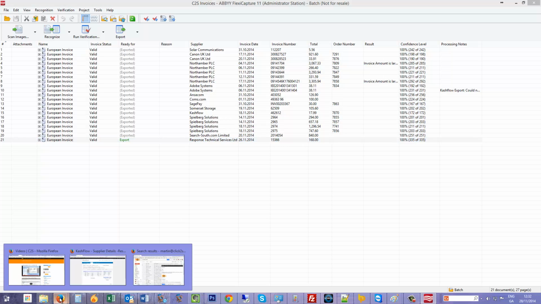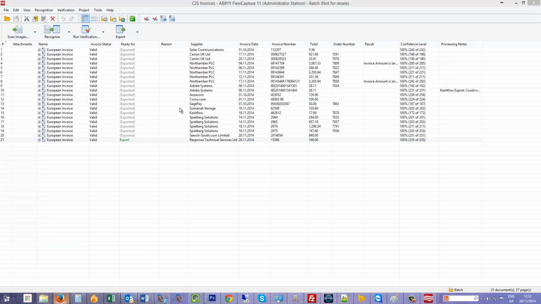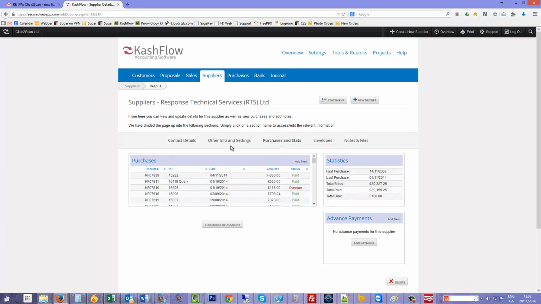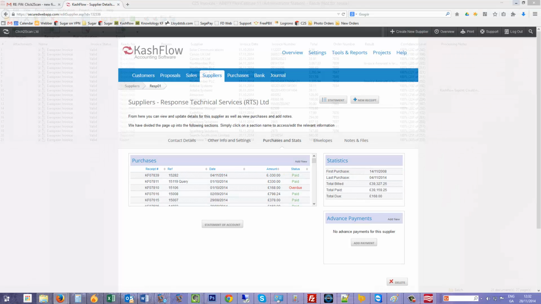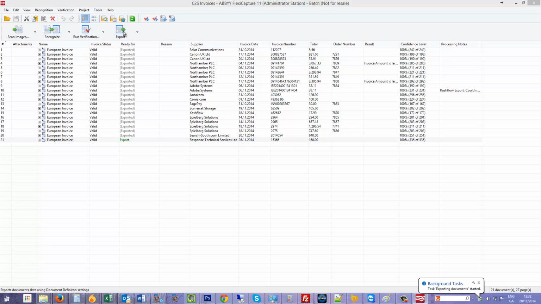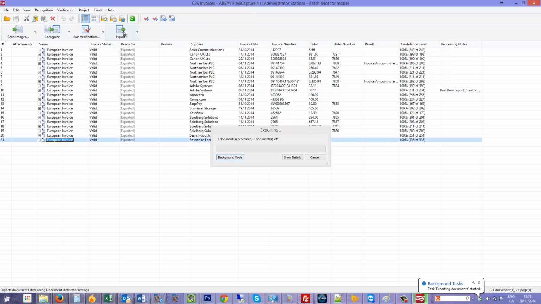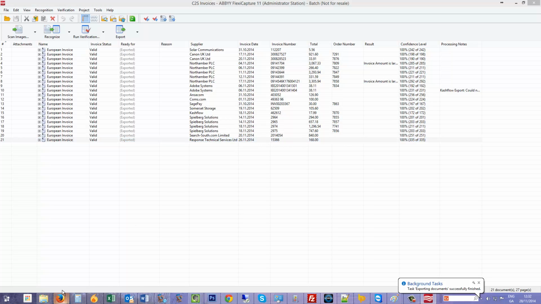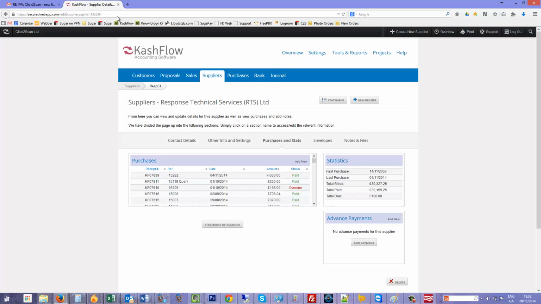So if I bring my Kashflow up, which is our account system, we can see here that this is currently 12:32 on the 28th. The last invoice we had was 7839. So let's export this one from FlexiCapture and see what happens. Click the export button. And two things should happen here. One is that the account system will be updated, and two, I should be able to find it in File Director. So if I go back into here, if I just hit the refresh button again now,